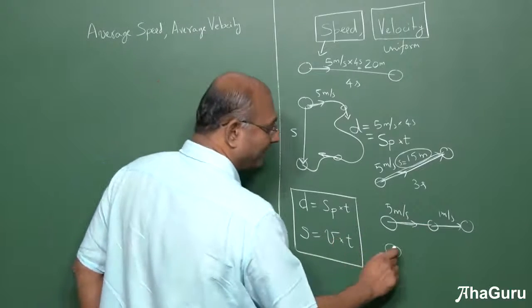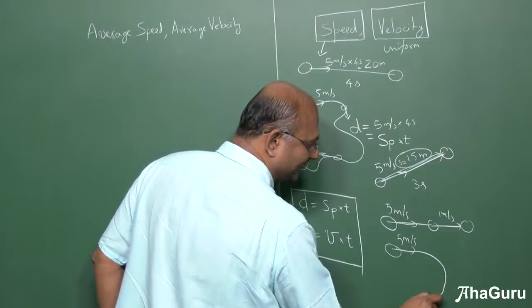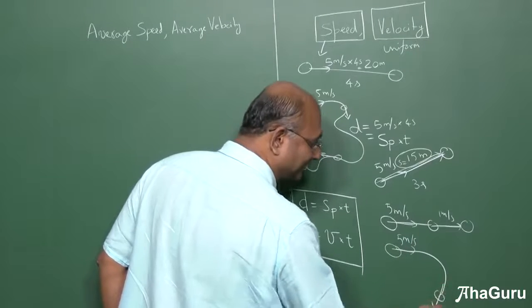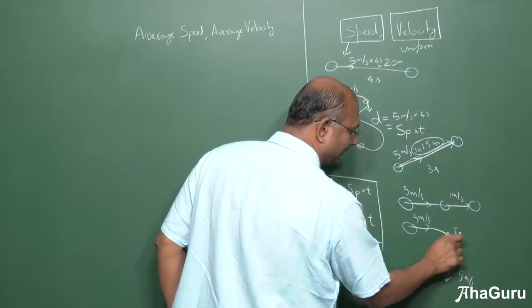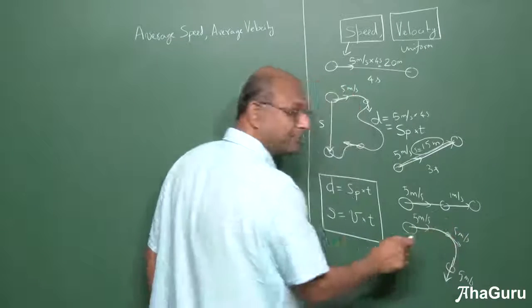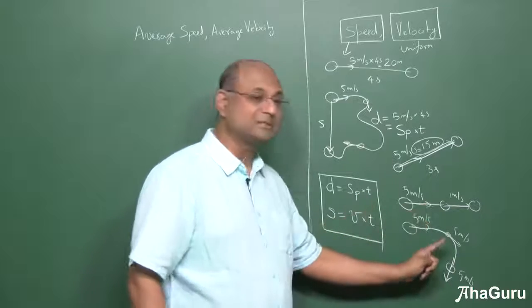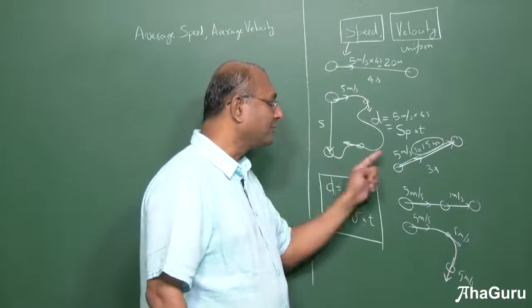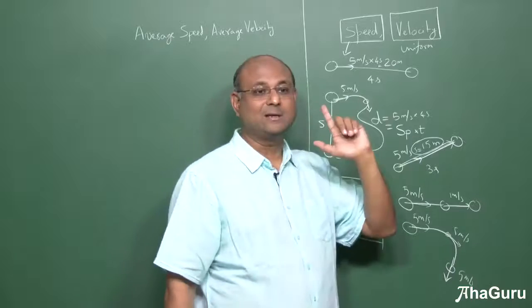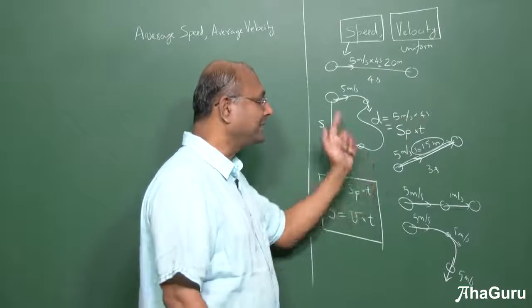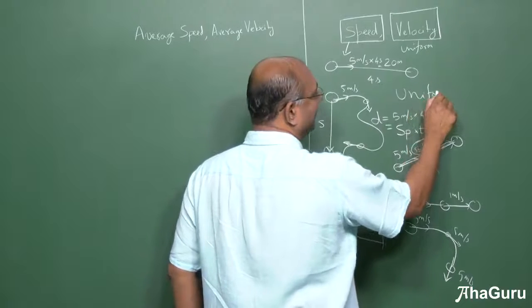If I was moving with 5 meters per second, I go like that and then I do this. But it's still 5 meters per second. Here also it is 5 meters per second. It is constant speed but not constant direction. This is not uniform velocity, this is not uniform velocity. If it is uniform velocity, it has to be a straight line and it has to be constant speed. Constant speed, straight line. Okay, so uniform velocity turns out to be very, very important and useful.